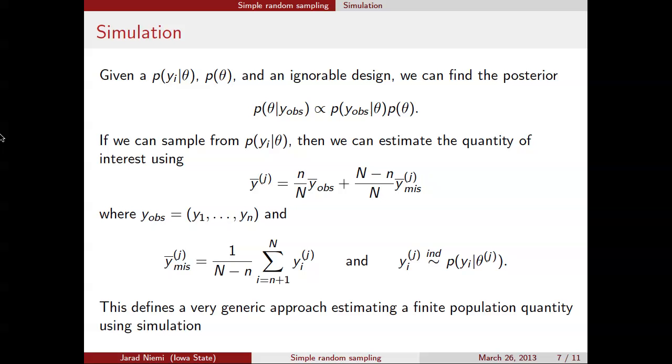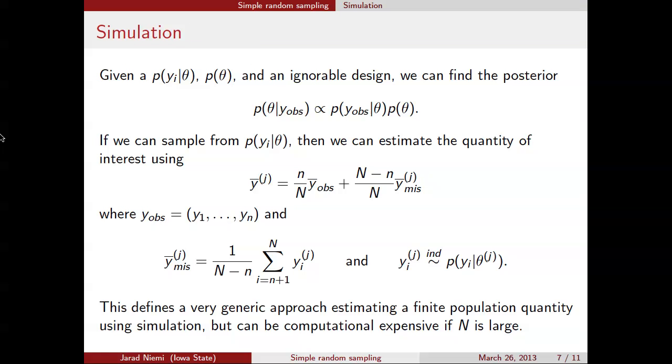The idea is just impute the missing data. And then typically, calculating quantities based on the complete data is easy. So this doesn't have to be the mean. This could be any quantity you want. It could be the median. So you simulate the missing data, and you use the observed data, and you calculate the median. It could be a quantile. It could be whatever you want it to be. So it's very generic, but as I mentioned, can be computationally expensive if capital N is large.